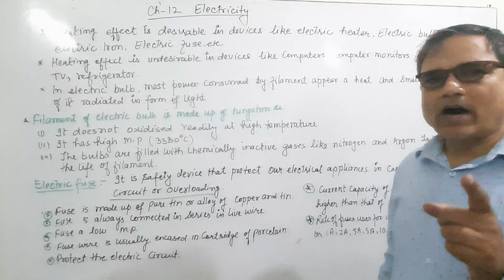If the current is 2 ampere, 3 ampere, 4 ampere, then we have to use a fuse rating of 5 ampere. If the maximum current passed in the circuit is 3 ampere, 3.5 ampere, 4 ampere, then we have to use a fuse rated 5 ampere, not 10 ampere. This 10 ampere is for higher power rating. These are the different types of fuse ratings which we use. And these are the applications of the heating effect of an electric current.